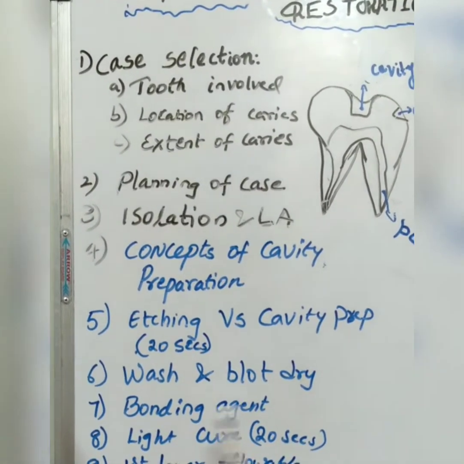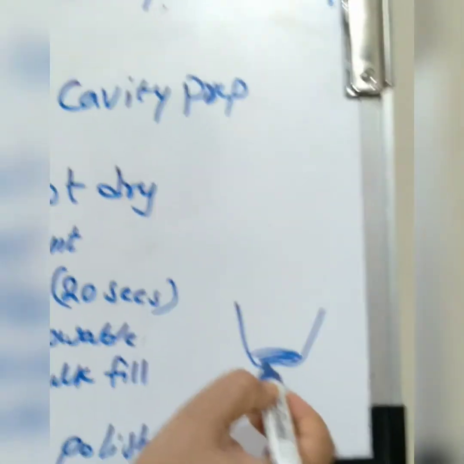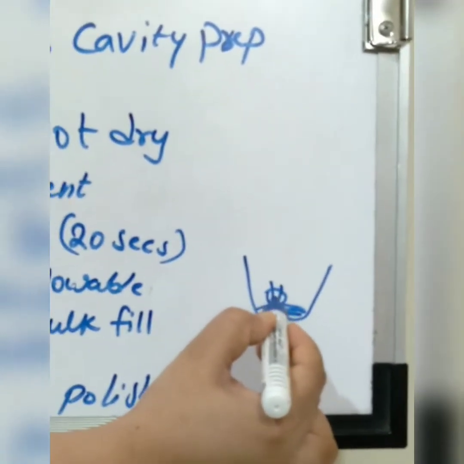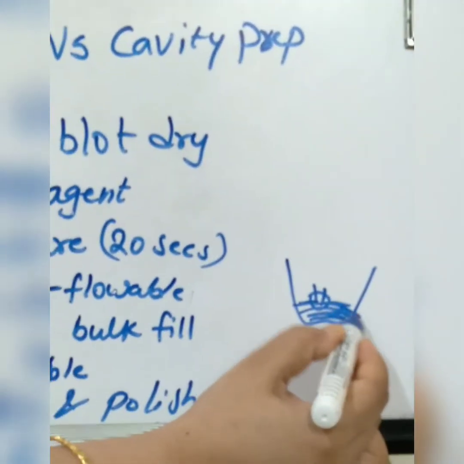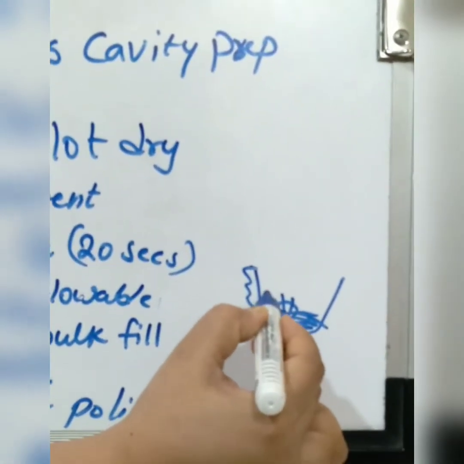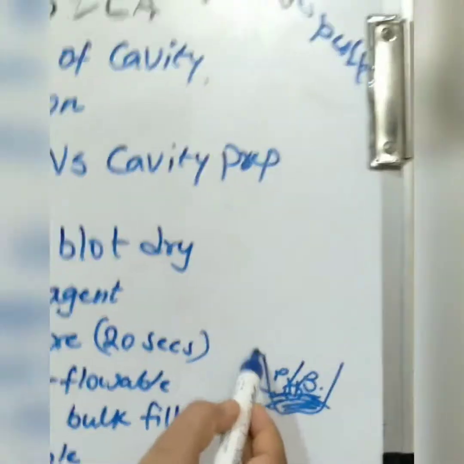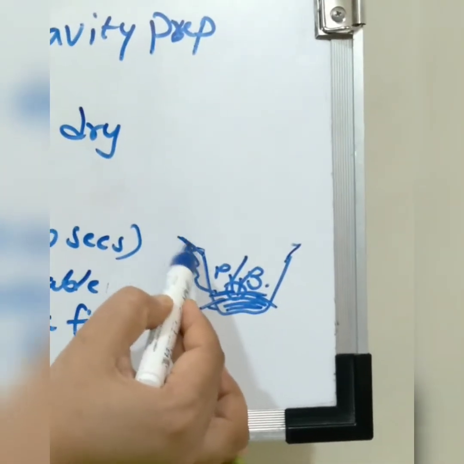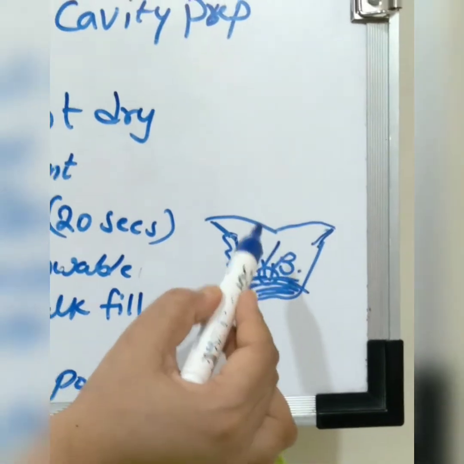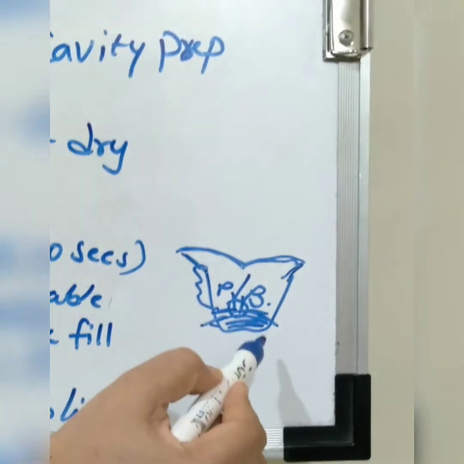If this is the cavity, first we have to place the flowable, and take a small quantity of bulk fill or packable, condense it and spread it here and there. Once you have achieved that, then do the light cure. Then fill this part with packable or bulk fill according to your plan. Once you have filled it, up to the bevels or the enamel level, then you have to do the finishing. Remove the high points, and finish and polish.